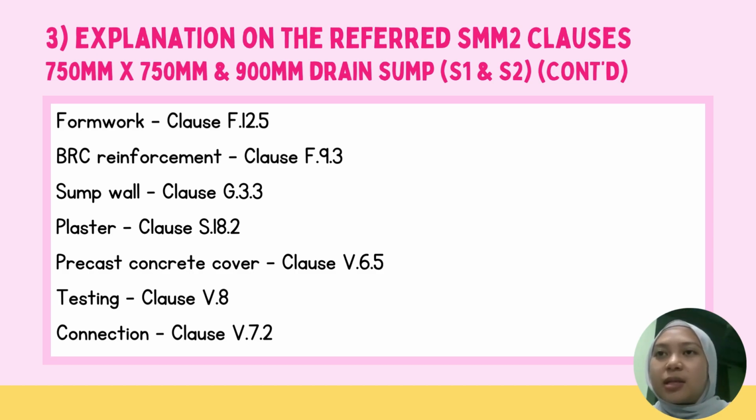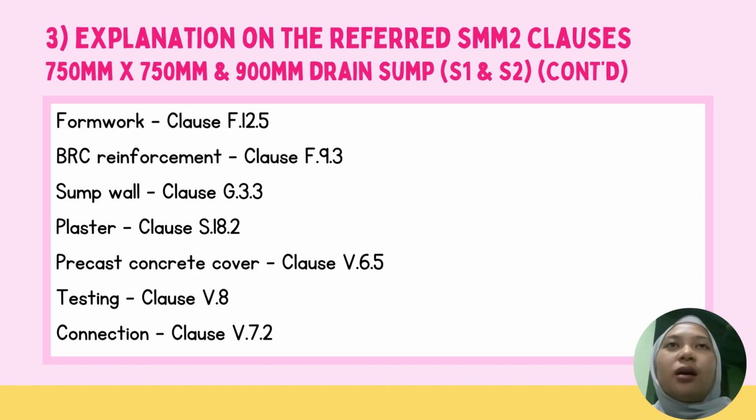Next is the sum wall, which refers to clause G.3.3a under classifications of walls. The next item is plaster, which falls under clause S.18.2. The next item for the sum is precast concrete cover, which falls under clause